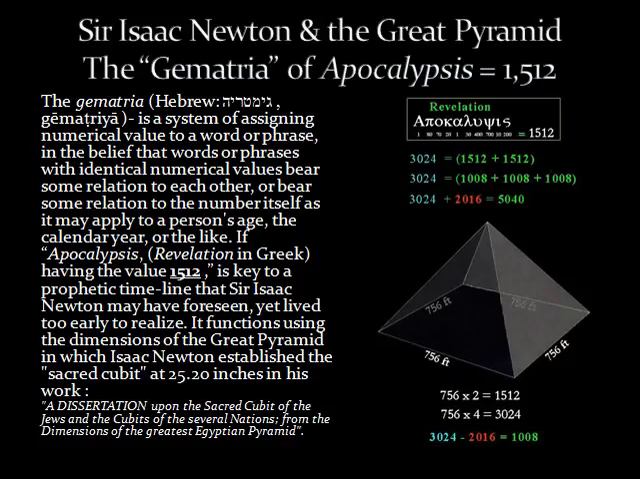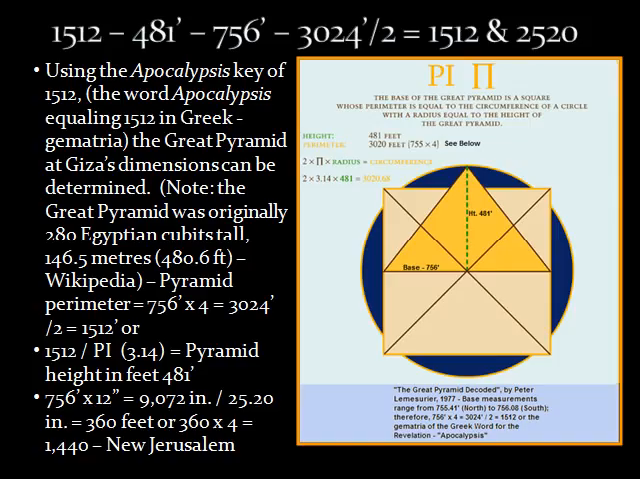It functions using the dimensions of the Great Pyramid, in which Isaac Newton established the sacred cubit at 25.20 inches in his work. This is taken from a dissertation upon the sacred cubit of the Jews and the cubits of the several nations from the dimensions of the greatest Egyptian pyramid. Again, the numbers 1512 Apocalypsis, 481, 756, 3024 divided by 2, which would equal 1512, and of course our sacred